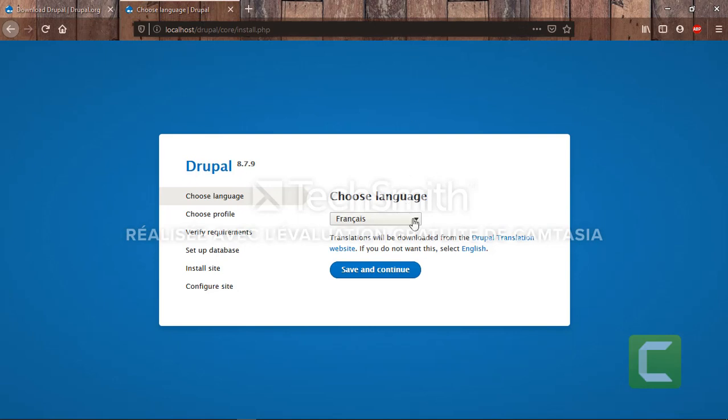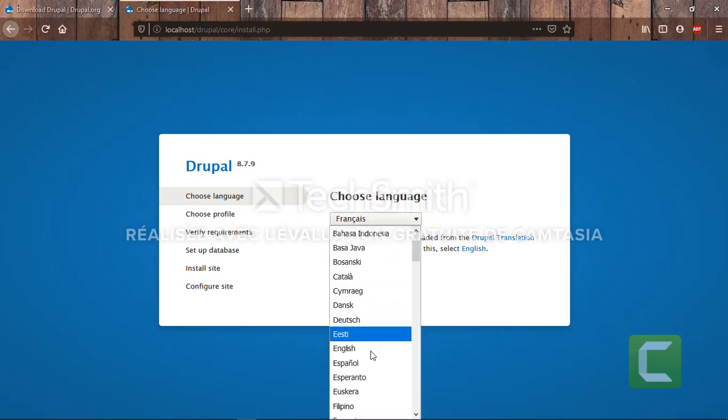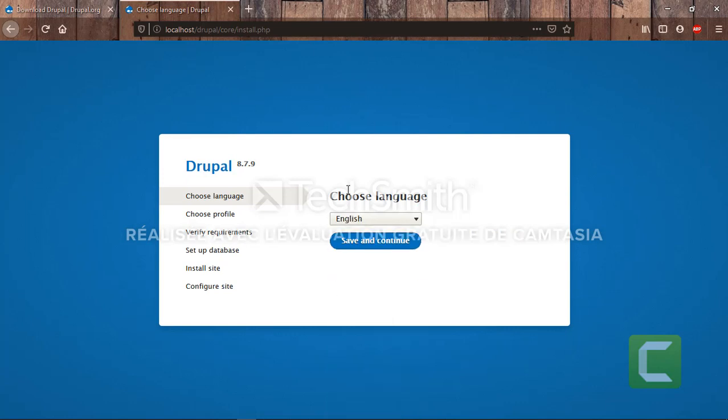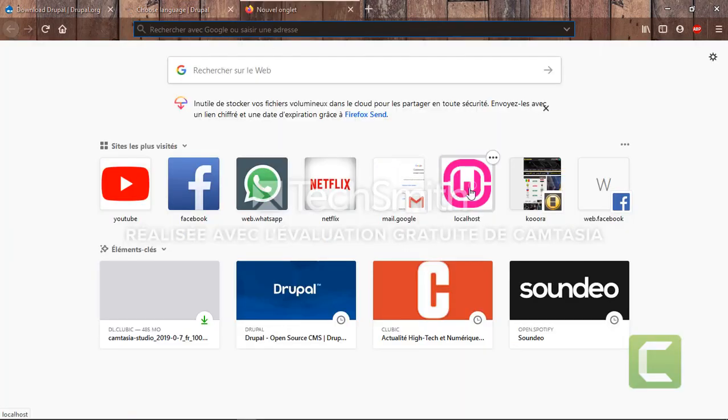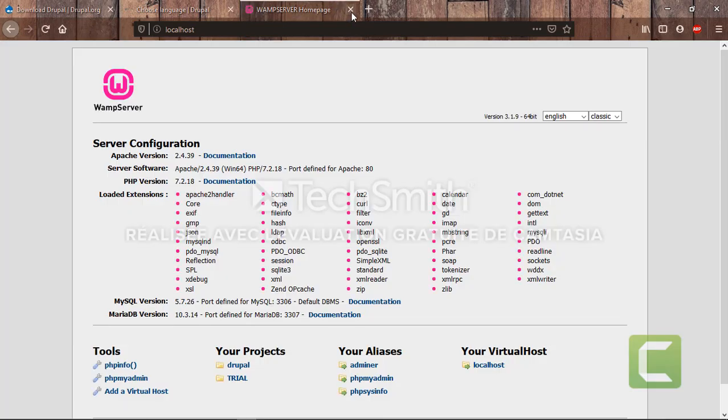First of all, we have to choose the language. I'm going to choose English, save and continue, and then it tells us to choose a profile, and this is about our database. So I go to phpMyAdmin to create the database of our site.